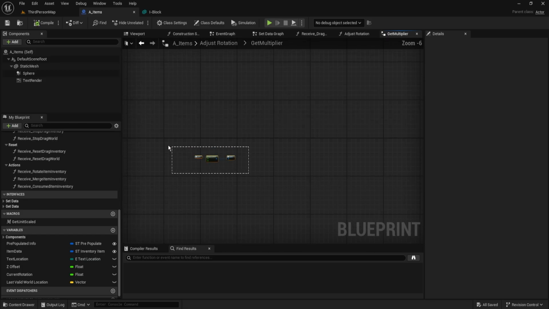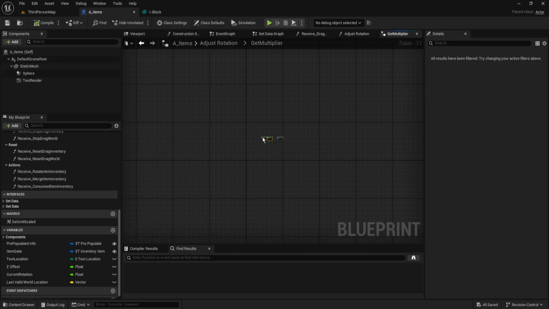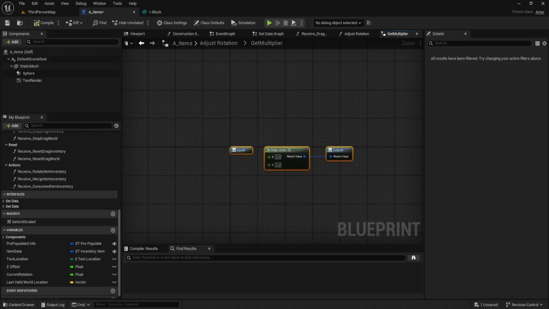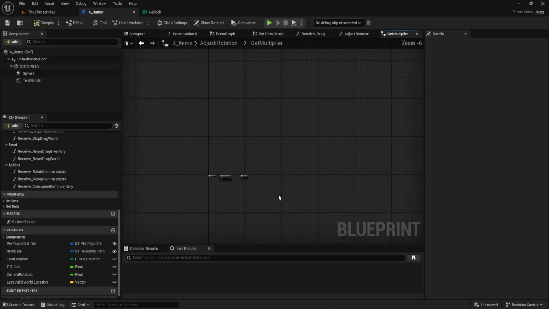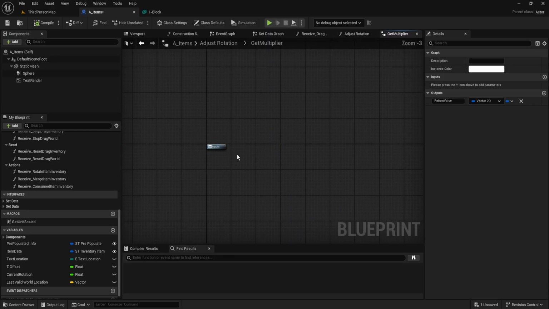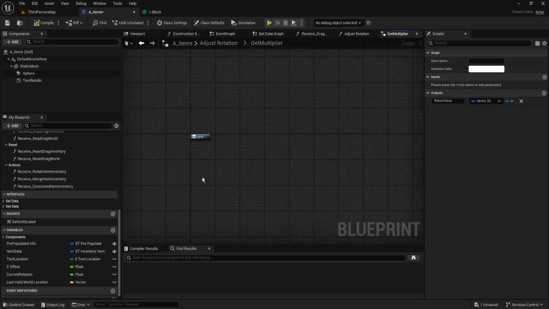So actually, let's just do this instead of trying to explain it half done. Okay, so this get multiply is very similar to what we did before with our rotations. It's the same idea, where each rotation has a slight variance on which distances we need to calculate. So we're going to get our current rotation,